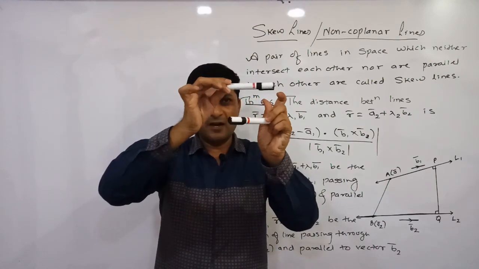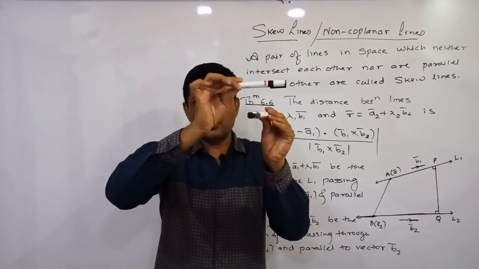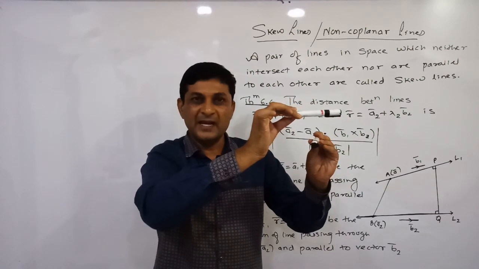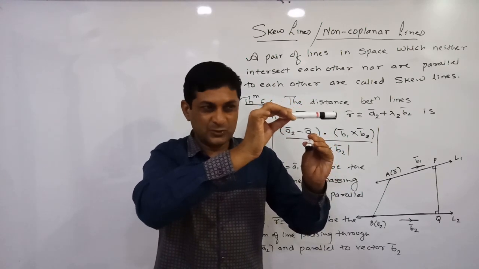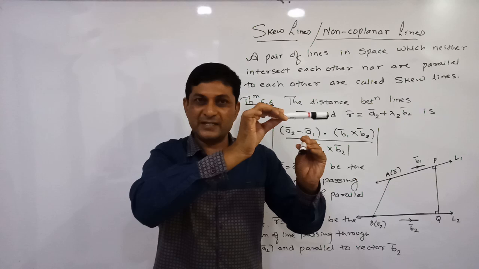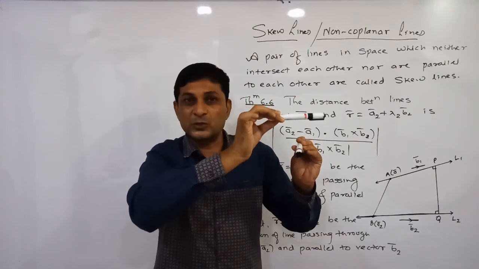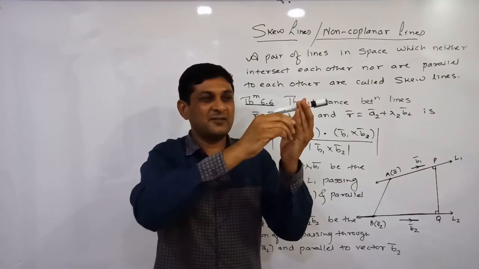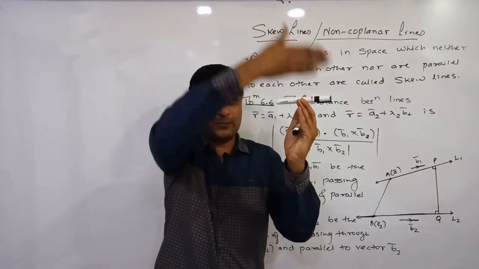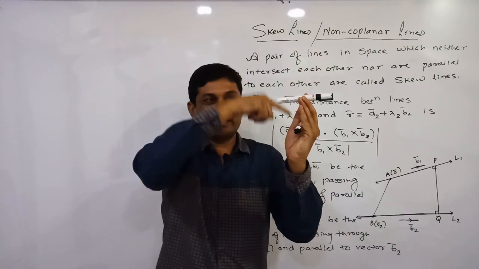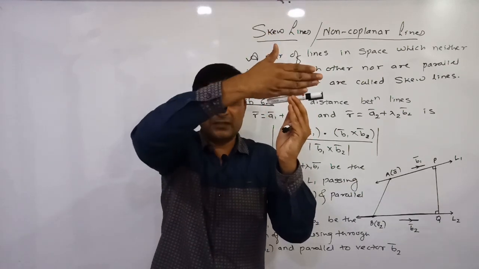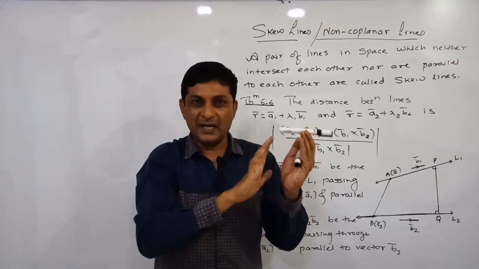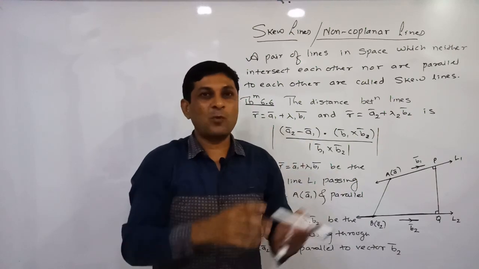Now let us suppose that these two lines are parallel to each other. Now if we change the direction of one line, we can observe that these two lines are not intersecting and neither parallel. So these two lines are neither parallel nor intersecting. So we can say that there does not exist at least one plane which passes through these two lines. Because if the first line lies in one plane, suppose this plane, then definitely the second line does not lie in this plane. Means if two lines are neither intersecting nor parallel, at that time the lines are